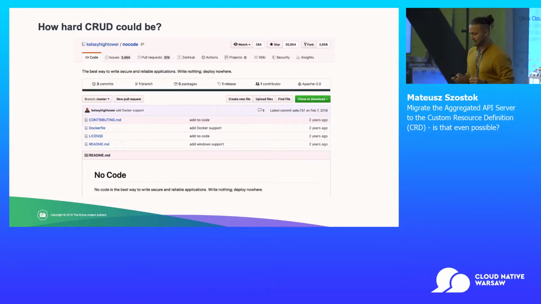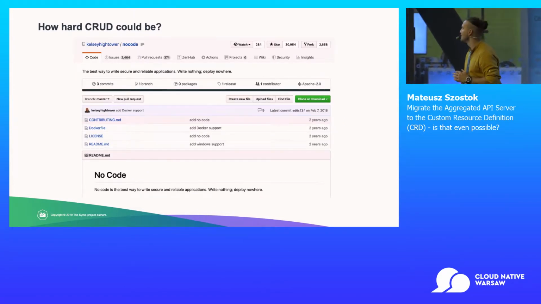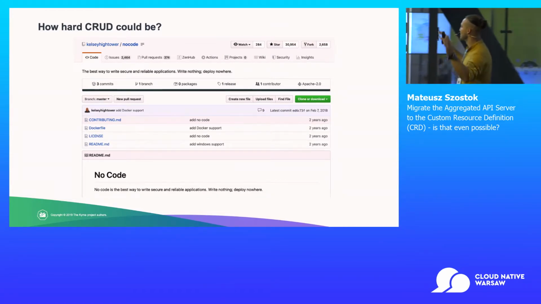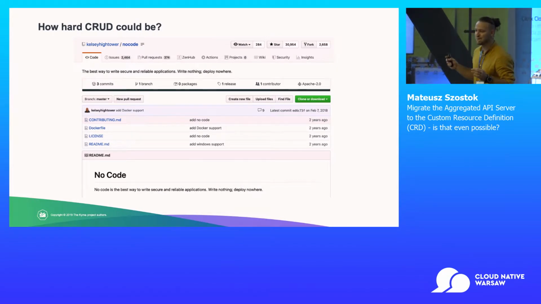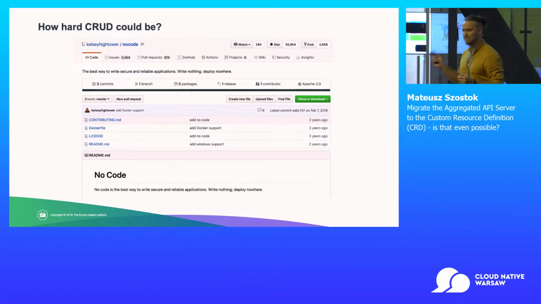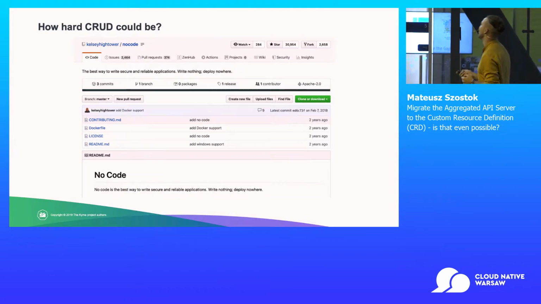And I think a talk about Kubernetes without mentioning Kelsey Hightower is really uncommon. So as a summary, I want to say that no code is the best way to write secure and reliable applications. I think that's the best thing in our system. But